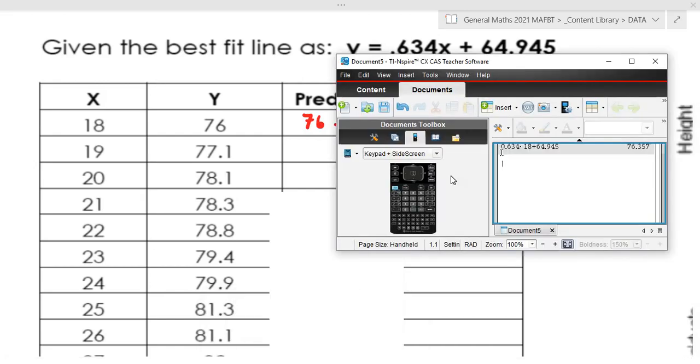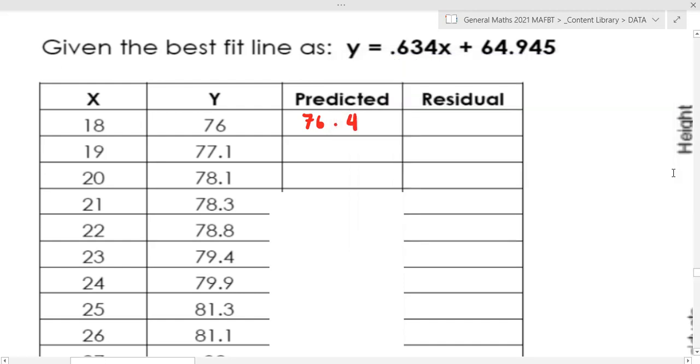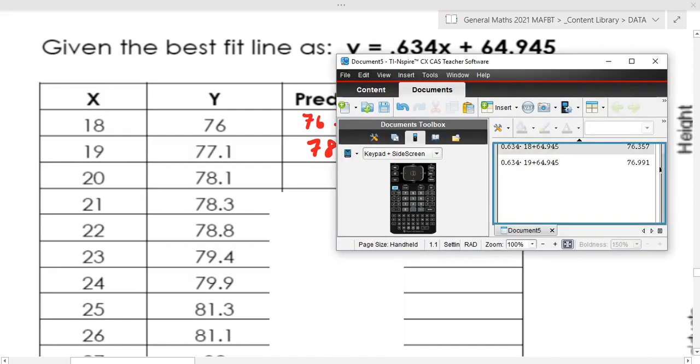And for the next value, we'll try x equals 19. What I did just then is I went up, highlighted this section and pressed enter, and it repeated it for me. I'm just going to change x now to 19. So 77.0, I can just round that. Then I can repeat that, go up, highlight that again, and change the x to 20 to get the next value,